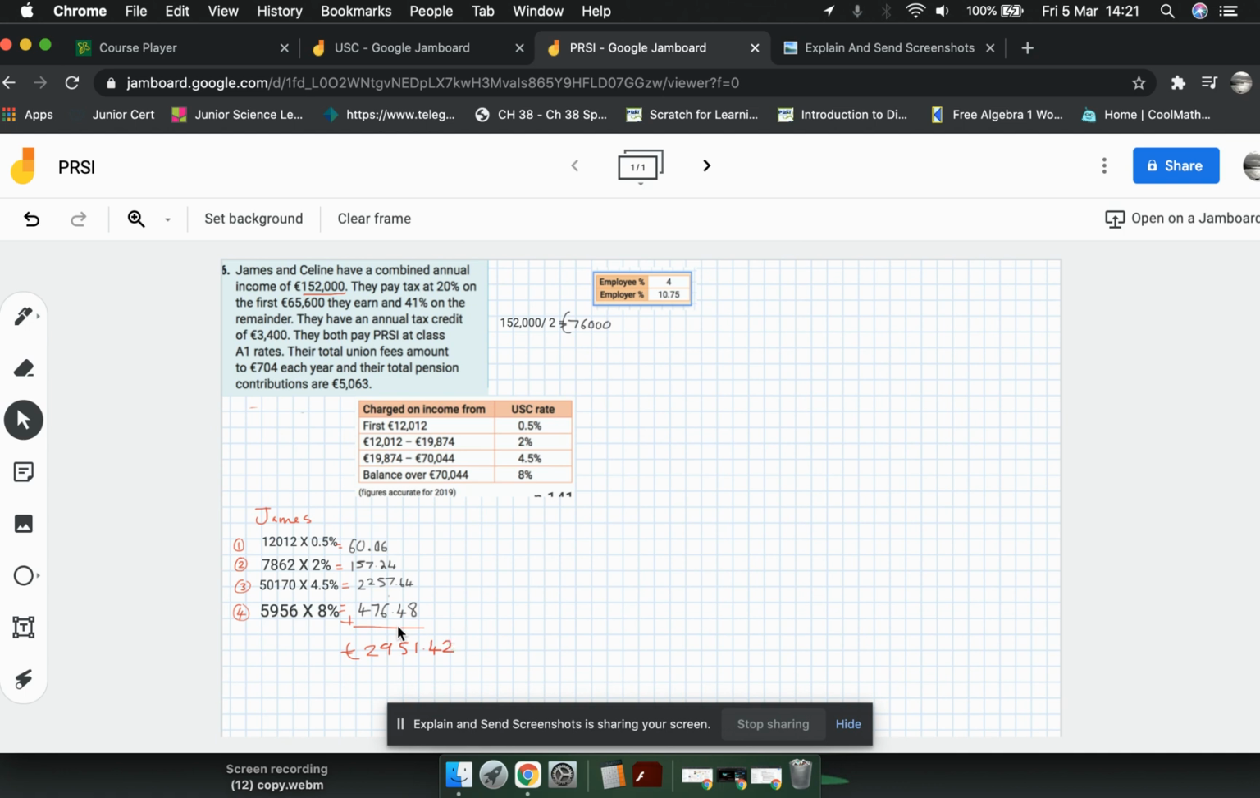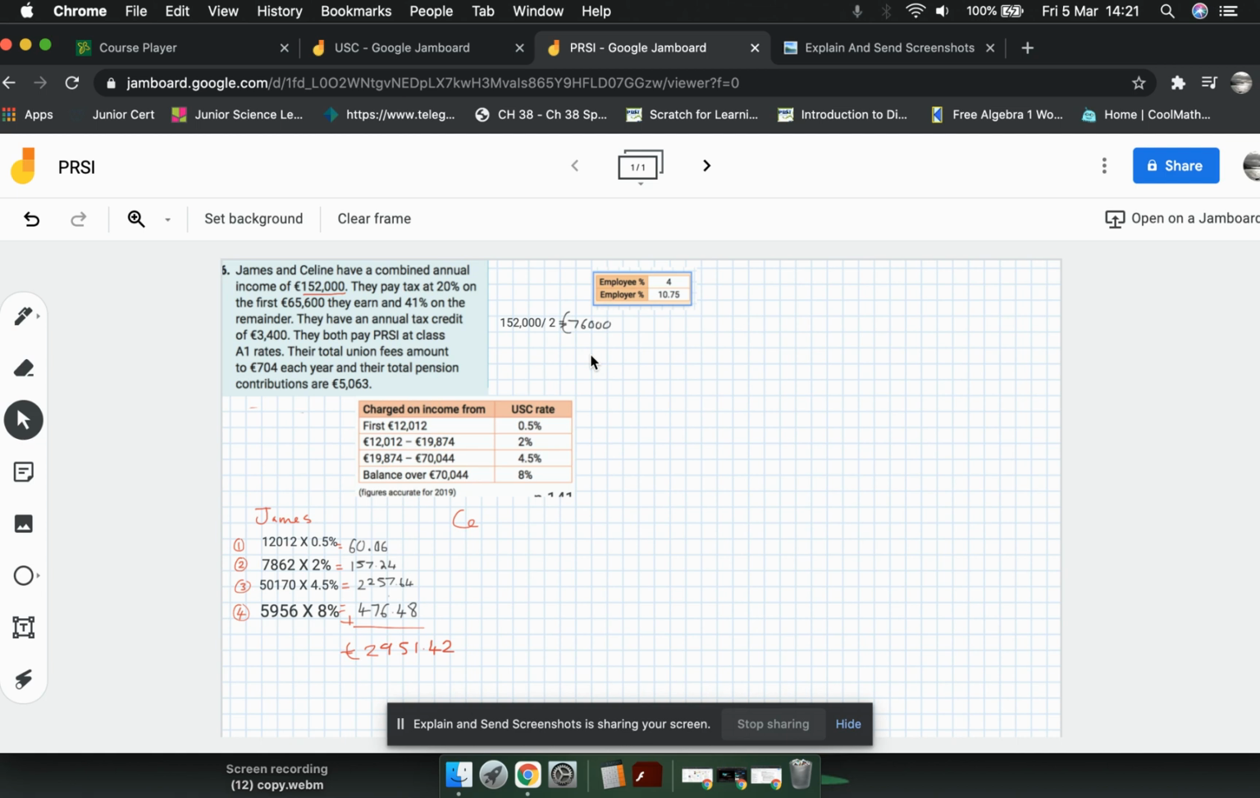However, if you think about this and what we did at the start of this question, what we did was we made an assumption that they both had the same income. So if we look at Celine's income, the same universal social charge should be charged on that, okay, as James. So the answer there for Celine's is also going to be 2,951.42. So if I want to figure out the total, and in this question we were told to work out the